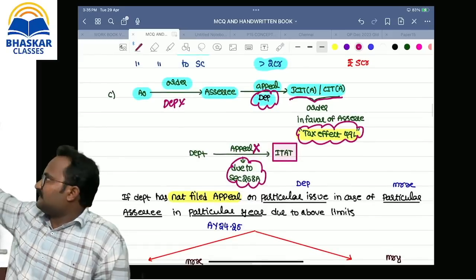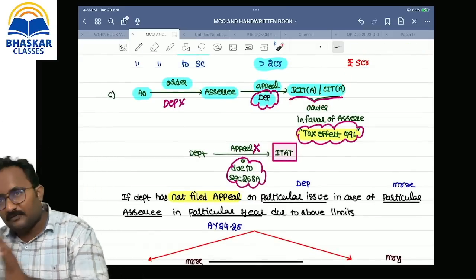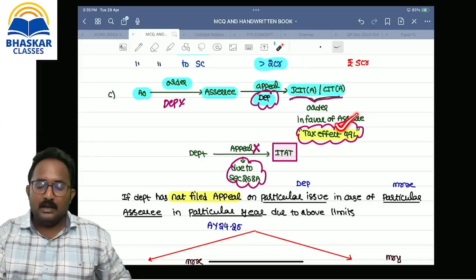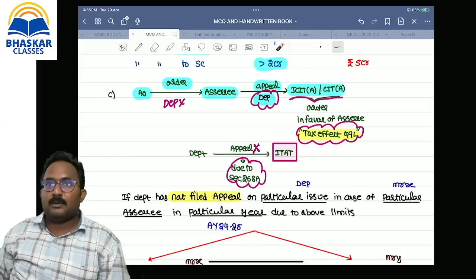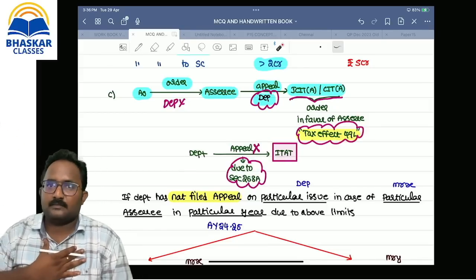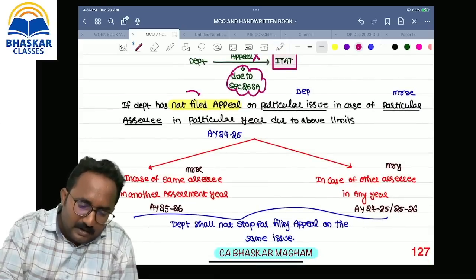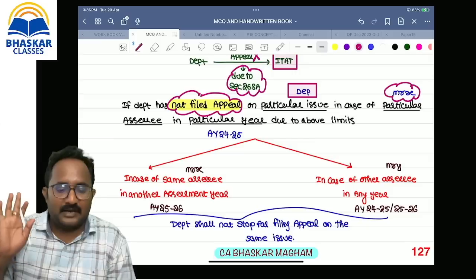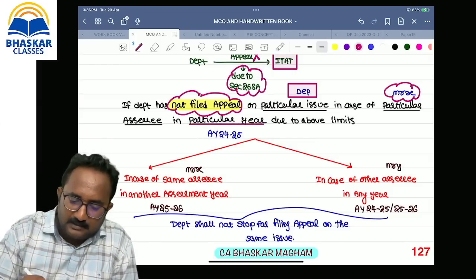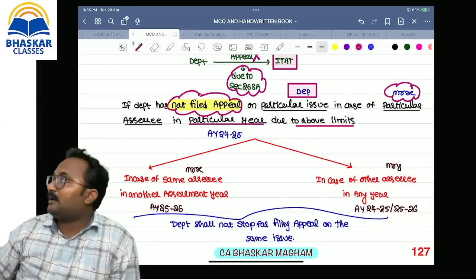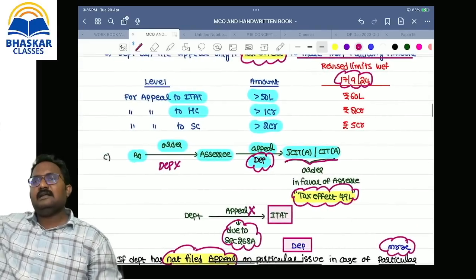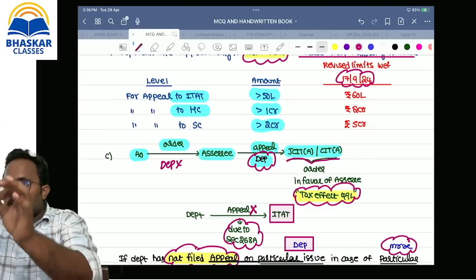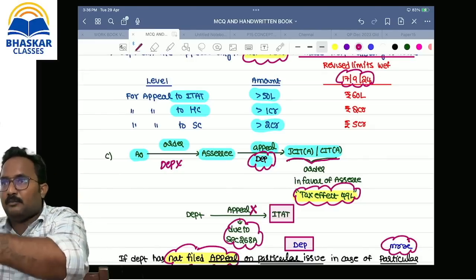What is the point? The CIT or JCIT has given the order in favor of the assessee. You don't know this provision. You think, okay, the department does not know about the option to make an appeal with the higher authority, so they are giving it as a choice only. Anyhow, I won the case. The same issue, depreciation, the department has not filed an appeal. In a particular case, the assessee is, say, Mr. X, with a particular year 24-25. Because of the above limits, 50 lakh, 1 crore, 2 crore, revised to 60 lakh, 2 crore, 5 crore, your tax amount is within the limits. That is the only restriction on the department from making an appeal to the next authority.